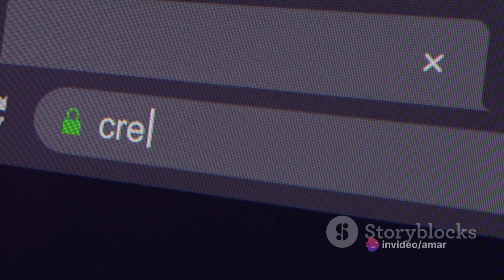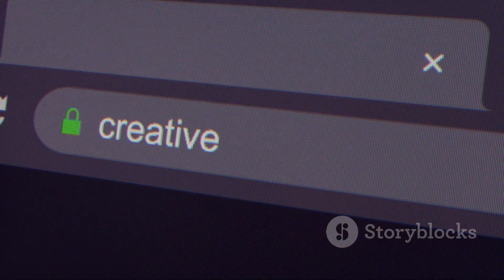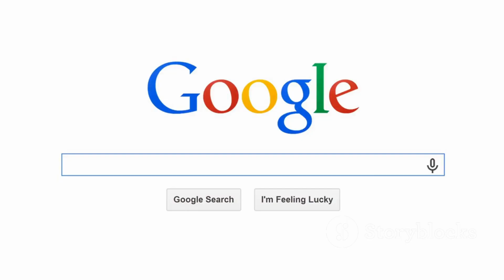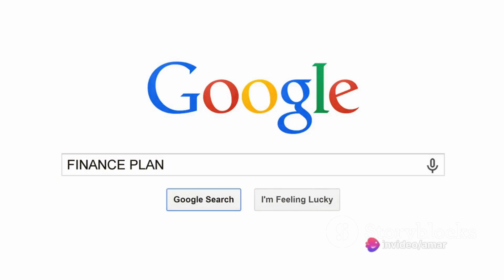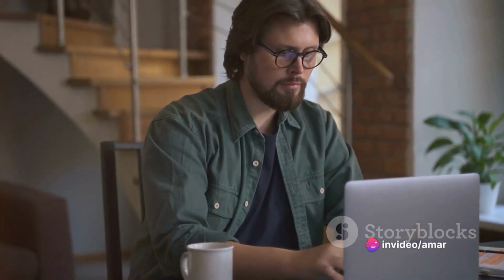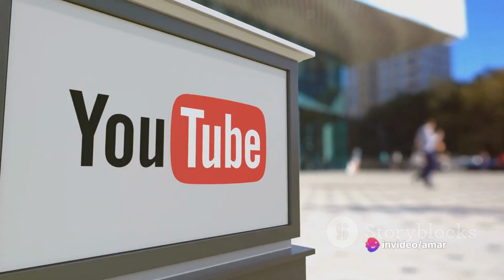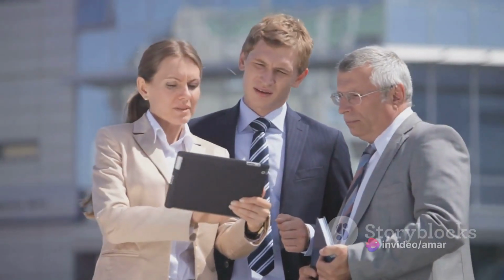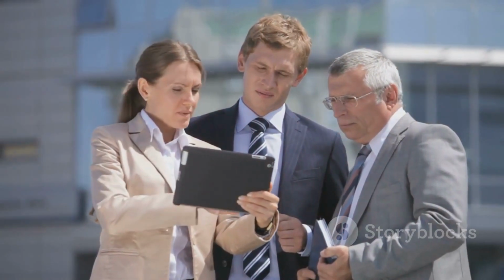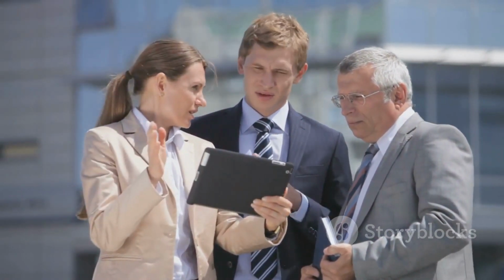First things first, you'll need a Google account. If you already have one, that's great. If not, you'll need to create a new one. Navigate to the Google account creation page and click Create an Account. You'll be presented with 3 options: for myself, to manage my business, and for my child. Select to manage my business. This will allow you to manage multiple channels from one account without revealing your personal information such as your name